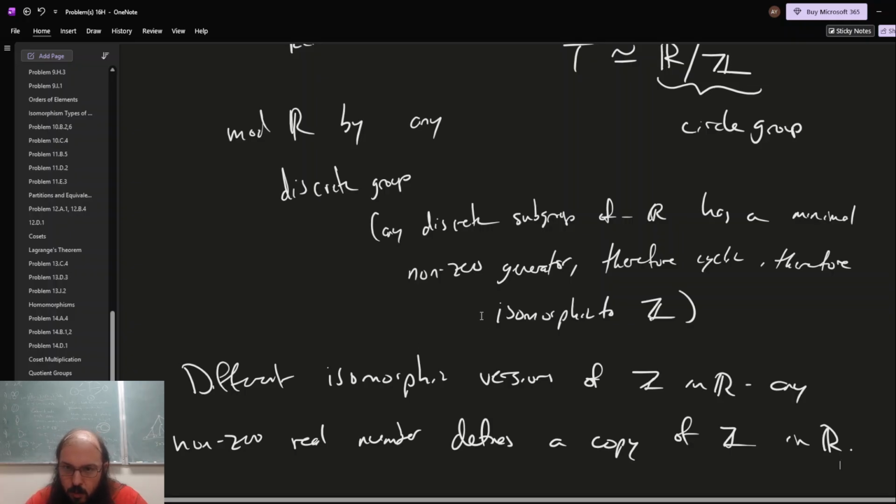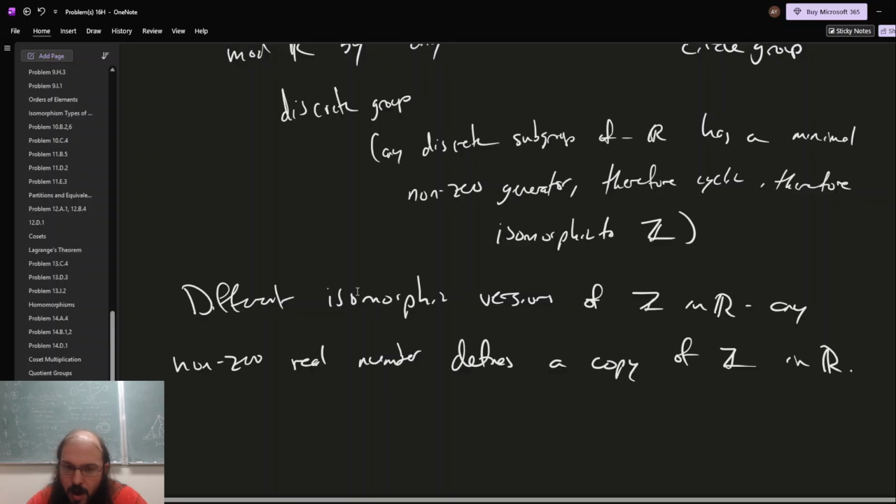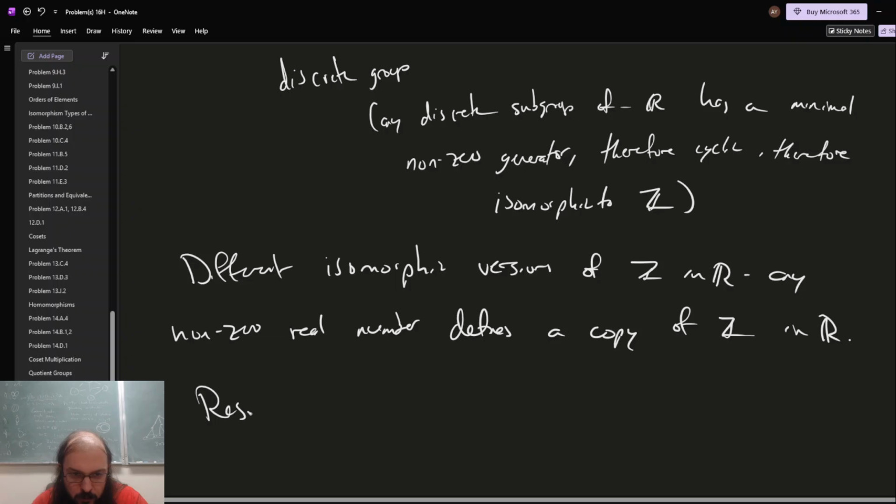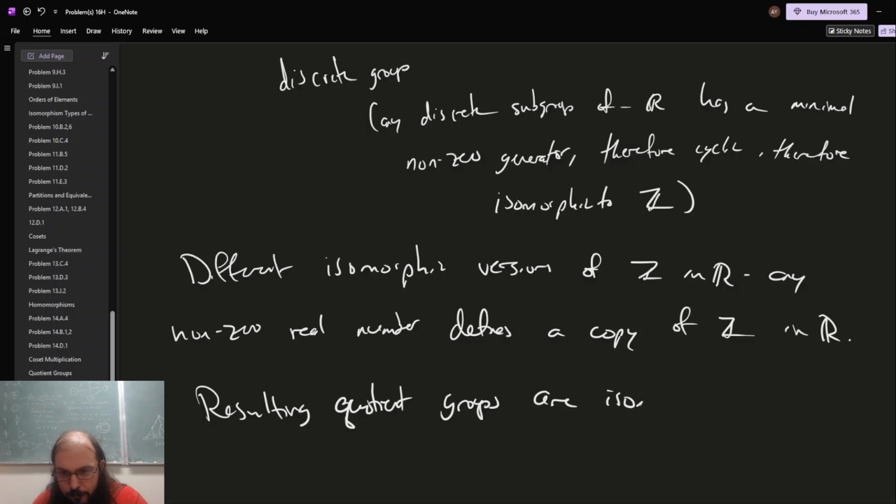And so we can write T equals R mod different stuff, and those are all R mod Z's, and they're all isomorphic groups. The resulting quotients are isomorphic,